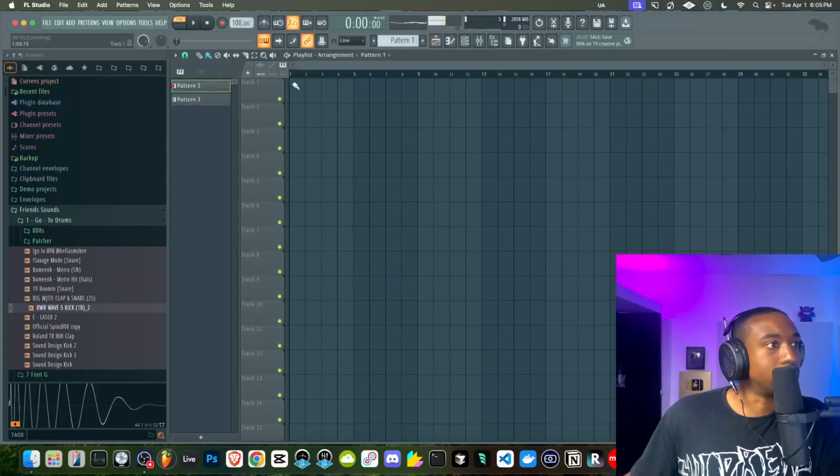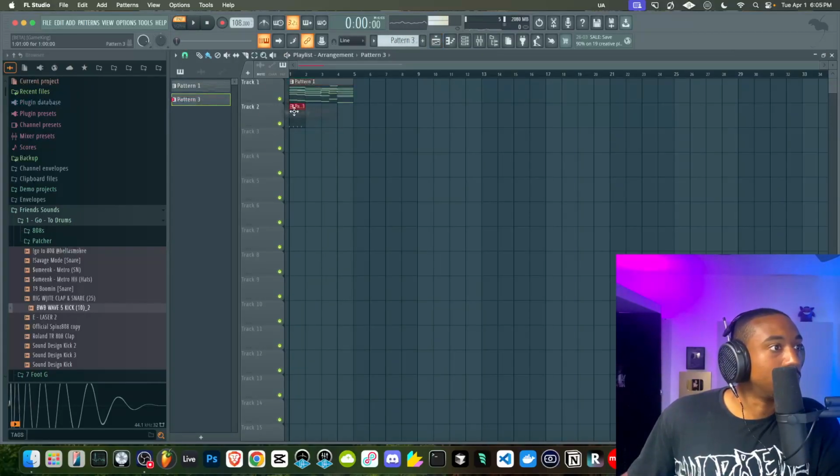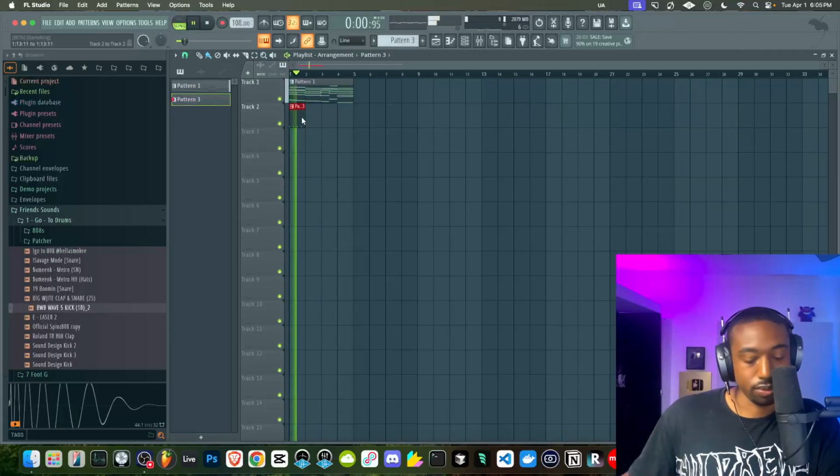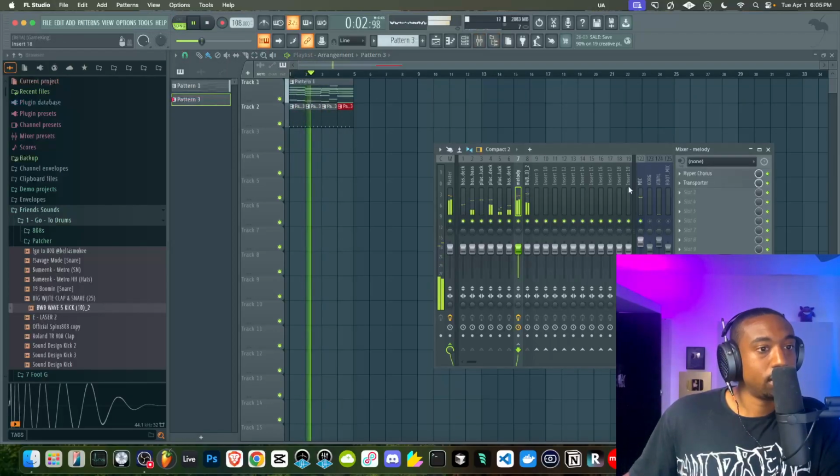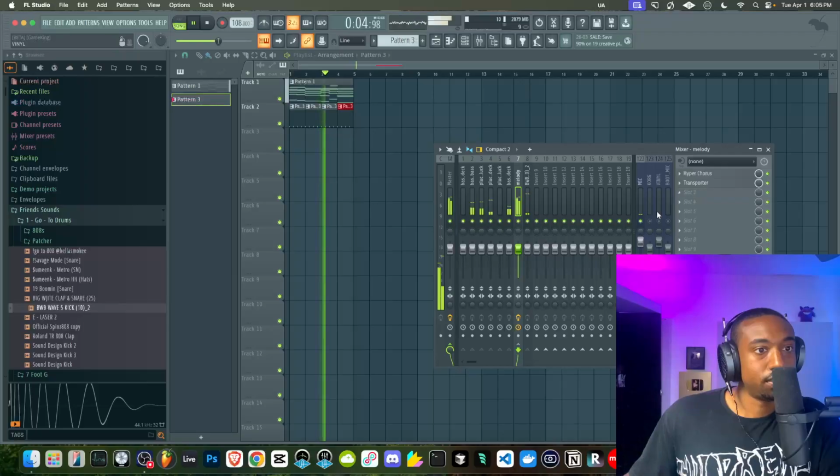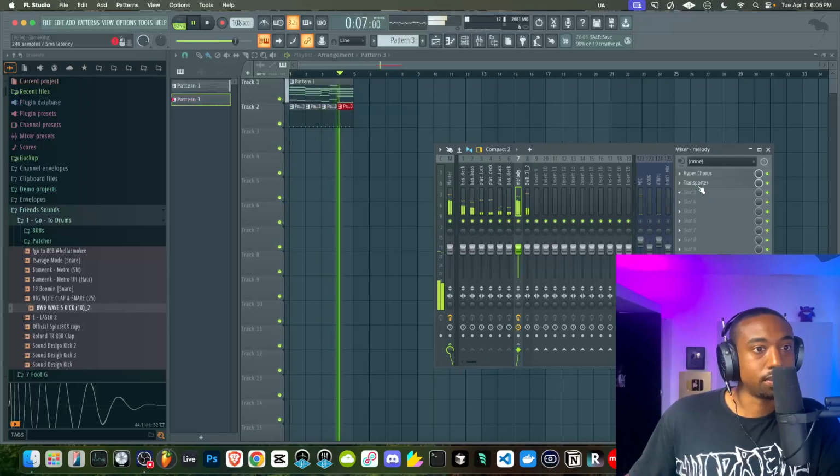So now I got to arrange this so that everything's in one arrangement. Let's go to song mode. Okay, let's mess with Transporter real quick.